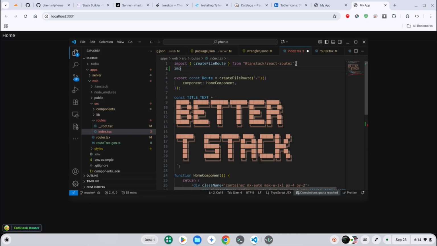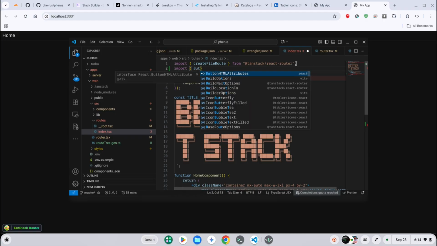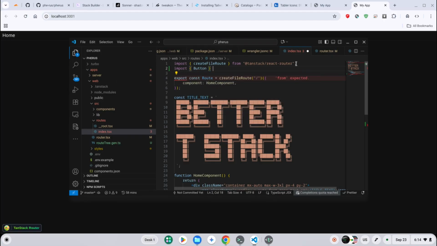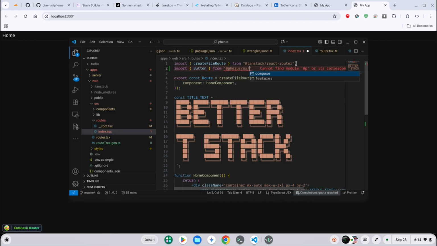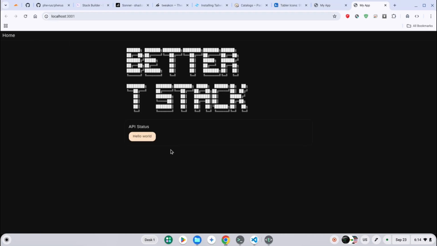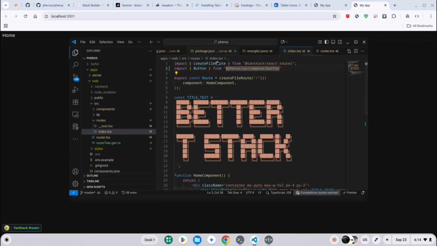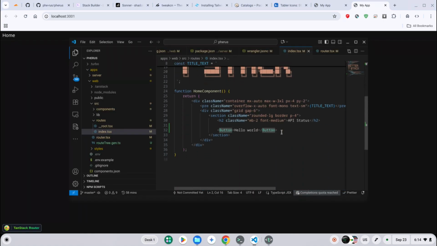Hello world, and import Button from @ferrous-ux/component/button, and refresh it, and we have our button working just fine,